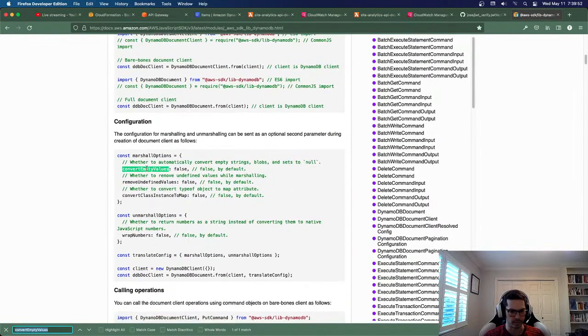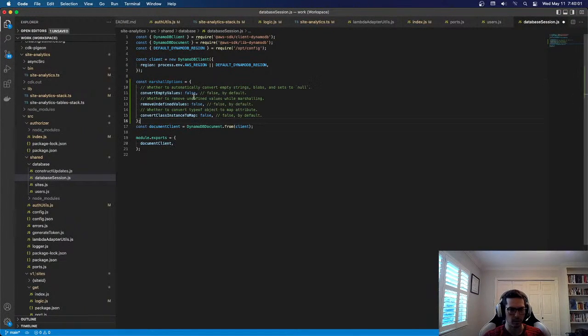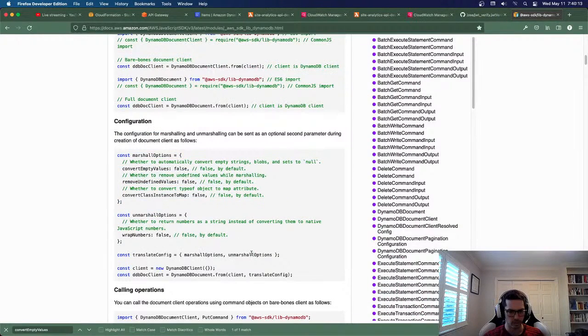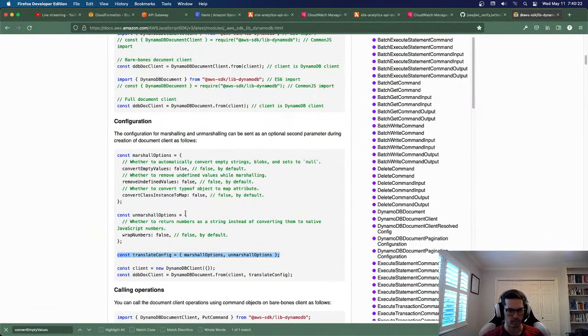Marshall options, which goes in the translate config. Ah, okay. And then this goes into this. And then